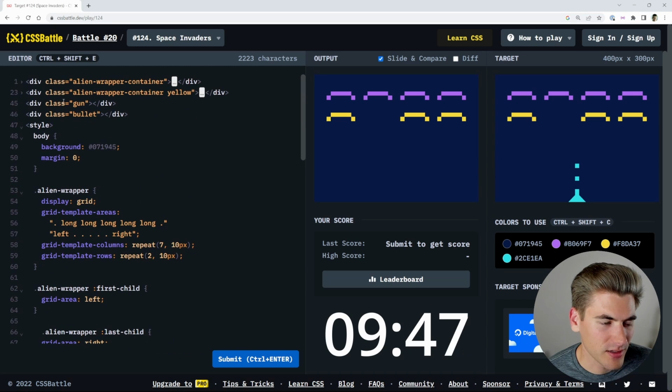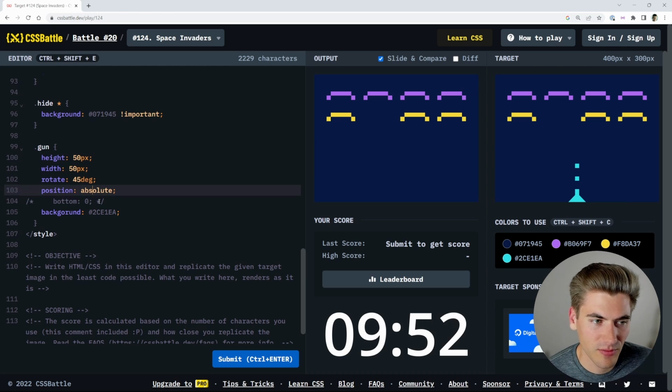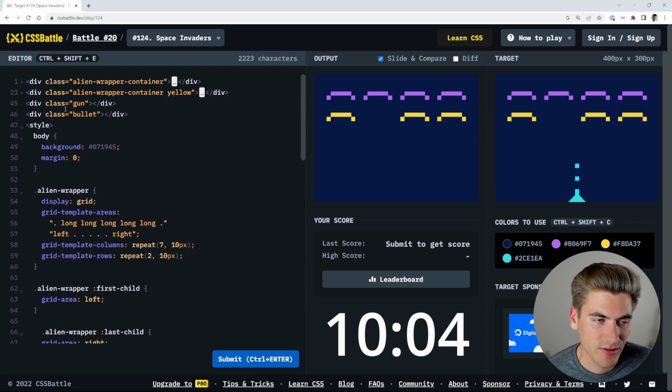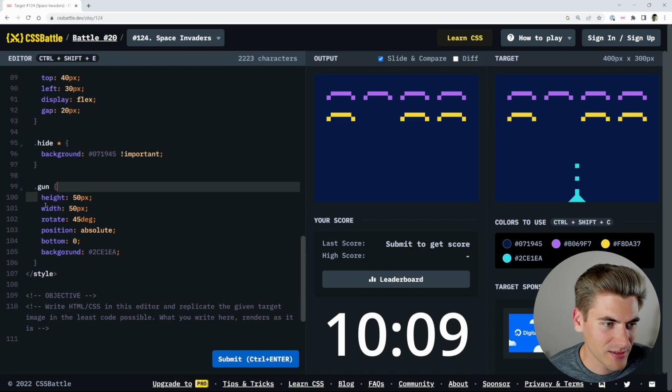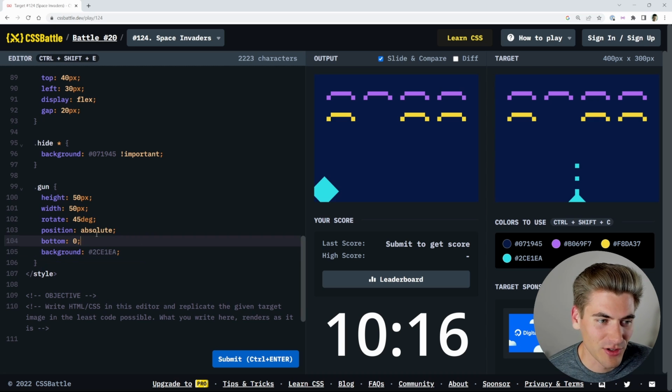Do we have something with that class? Yes, we do. Position absolute. Let's get rid of the bottom 0 and the position absolute. Why is this not showing up? That's a really good question. It has a height, it has a width. It should be showing up. It's got a background. Oh, well, it would have a background if I spelled it correctly. Okay. So now that we actually have this right, let's do